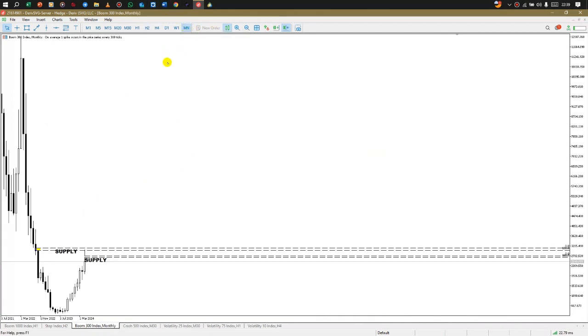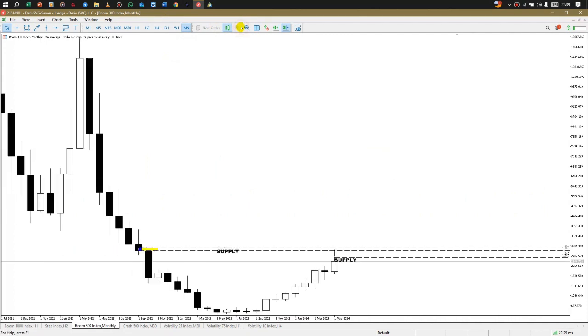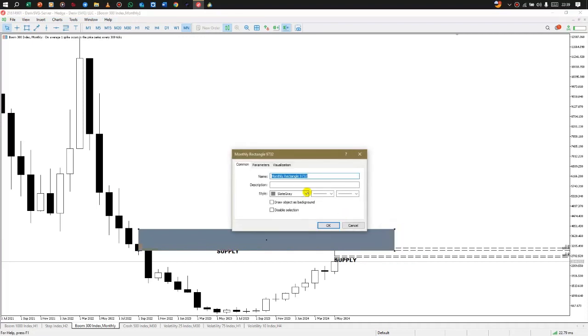So currently I'm on Boom 300 index. So Boom 300 index, as you can see, it's rejecting from this monthly supply zone here. As you can see on the monthly time frame, it's rejecting from that monthly supply zone,